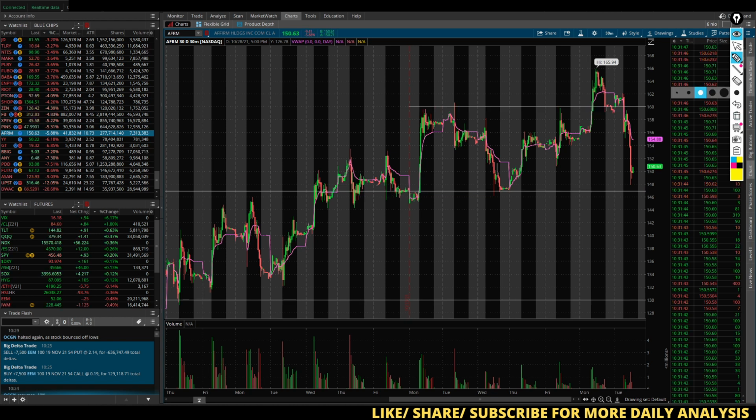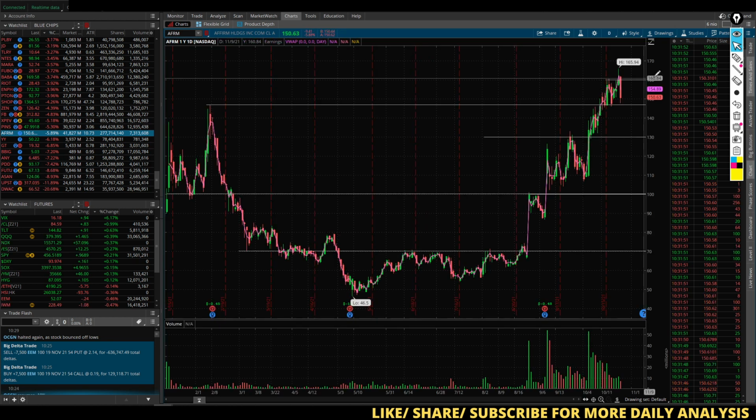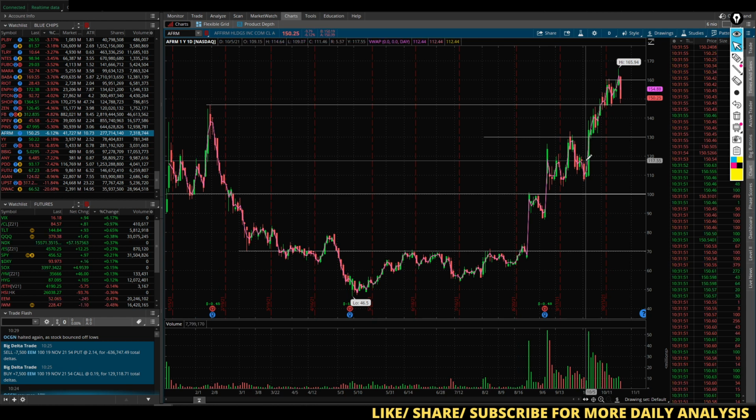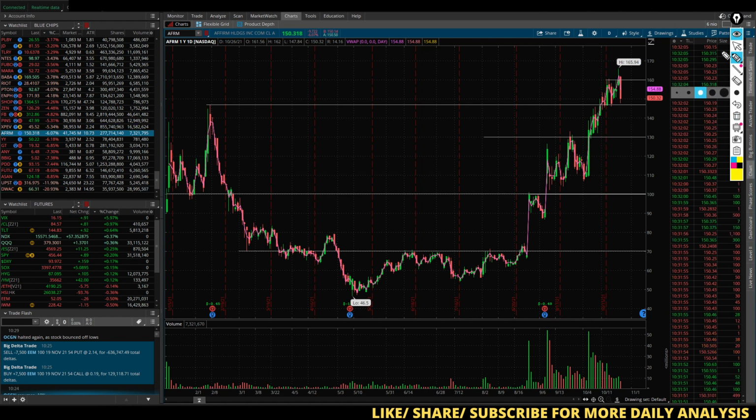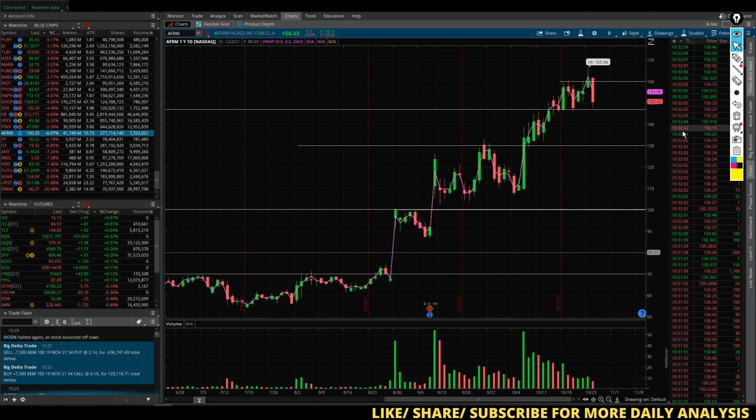So let me switch to a daily chart, pull up the moving averages. Let's have a look at the MACD and everything. So this is a daily chart, all right? On a daily chart, we know that this was the previous high where we broke out here, and the breakout is not like a clean breakout. Why? Well, this stock maybe is